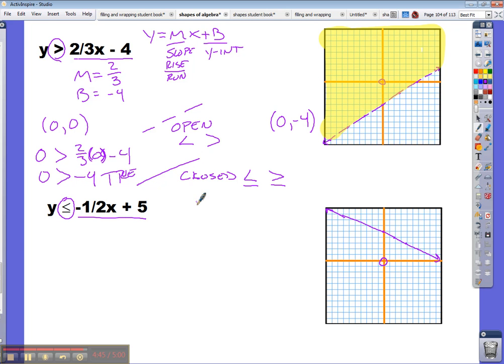And for the shading, I'm going to, again, find the easiest point to plug in, which is 0, 0. So 0 is less than or equal to -1/2 times 0 plus 5. So I get 0 is less than or equal to 5, which again